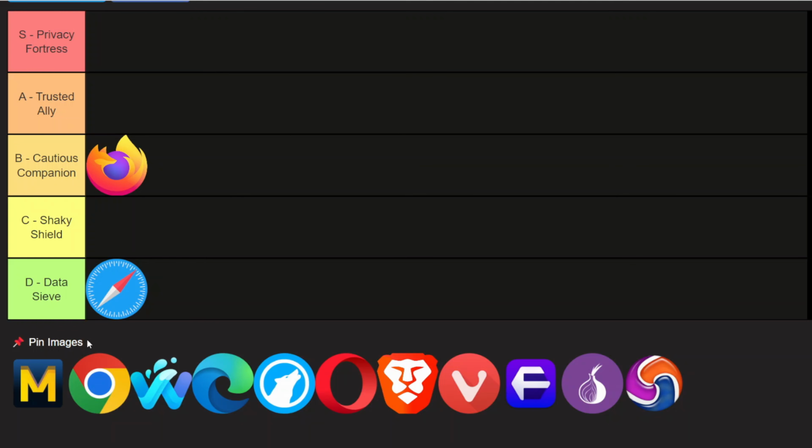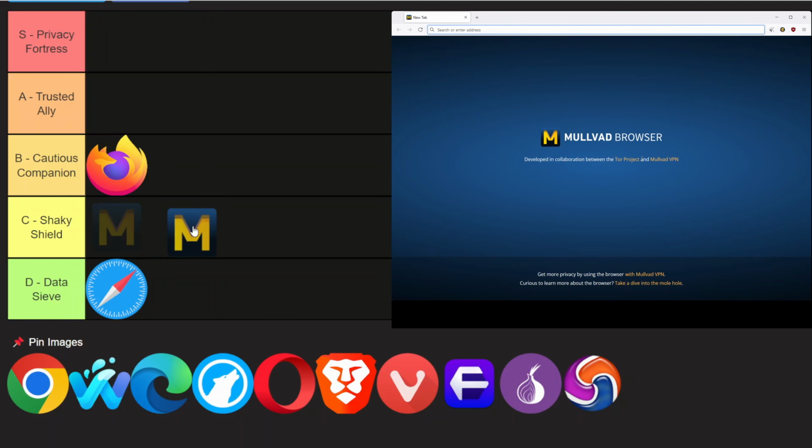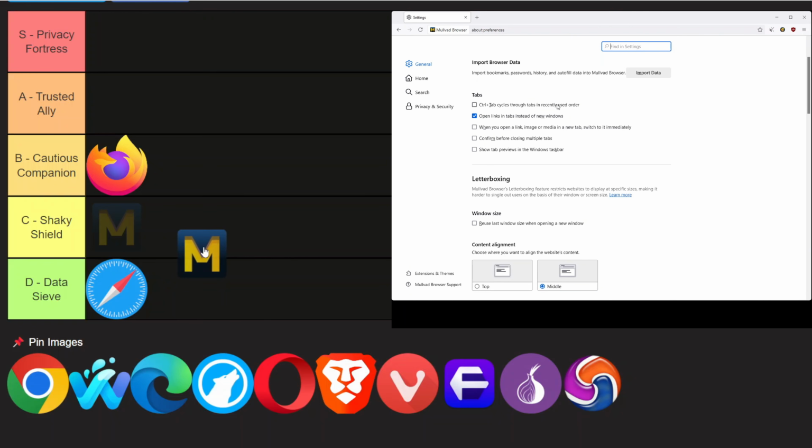Next is the Mullvad Browser, a collaboration between the privacy-focused Mullvad VPN team and the Tor project. It's essentially Firefox, but pre-configured for anonymity and privacy. The browser uses Mullvad's own DNS servers, ensuring strong protection against tracking and DNS leaks. One standout feature is the integration of the Mullvad VPN extension. While it doesn't work out of the box without a Mullvad subscription, it's a fantastic addition for anyone already using